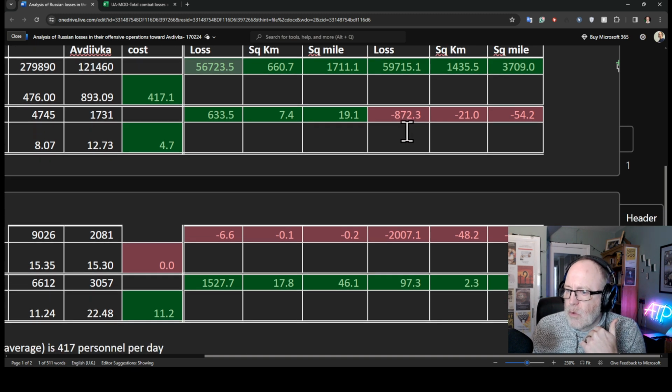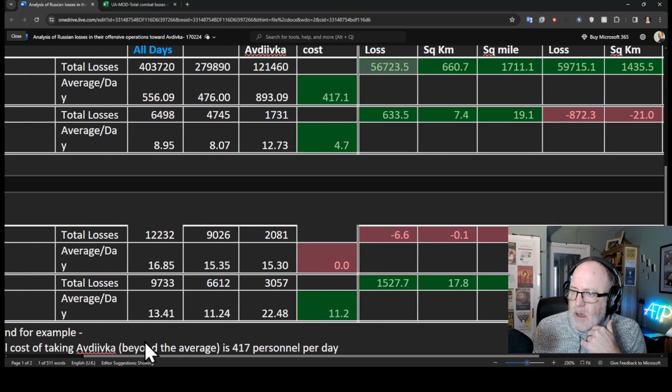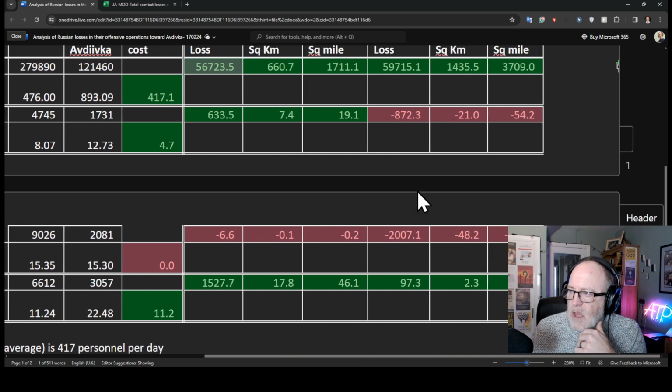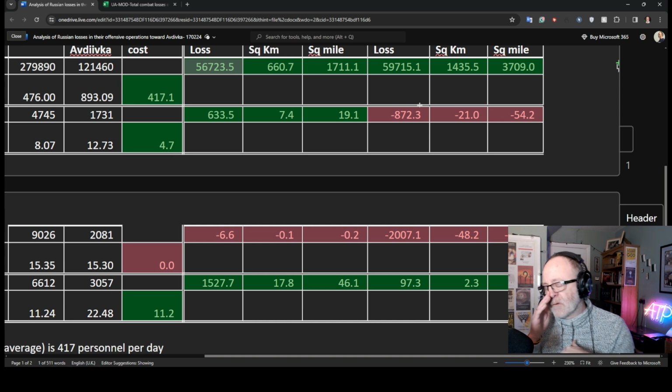But when it comes to tank losses, is this tank next? Let's have a look. This is tanks, APVs, artillery. When it comes to tank losses, it's a massive down trend in terms of what tanks and indeed what APVs were lost during Bakhmut. And again, this goes to the idea that Bakhmut didn't see mechanized equipment much at all. Hardly any IFVs were involved in Bakhmut, and APCs and whatnot. It was just these meat assaults that took place.